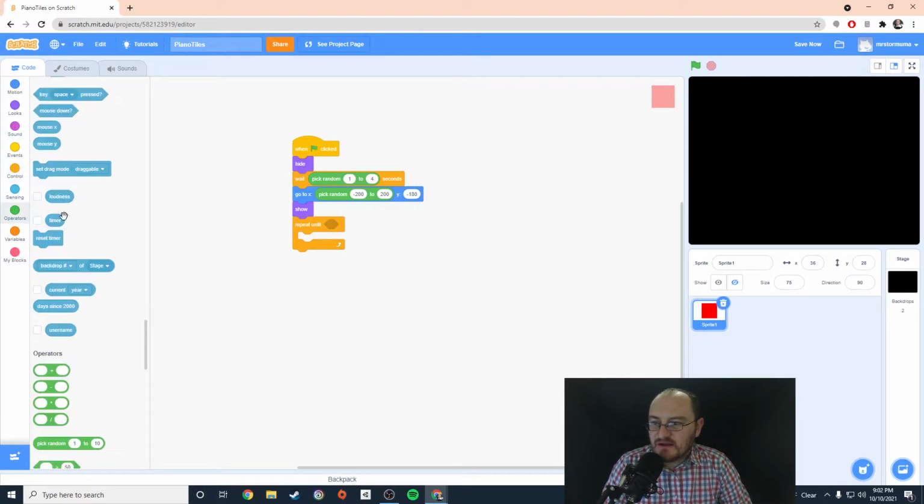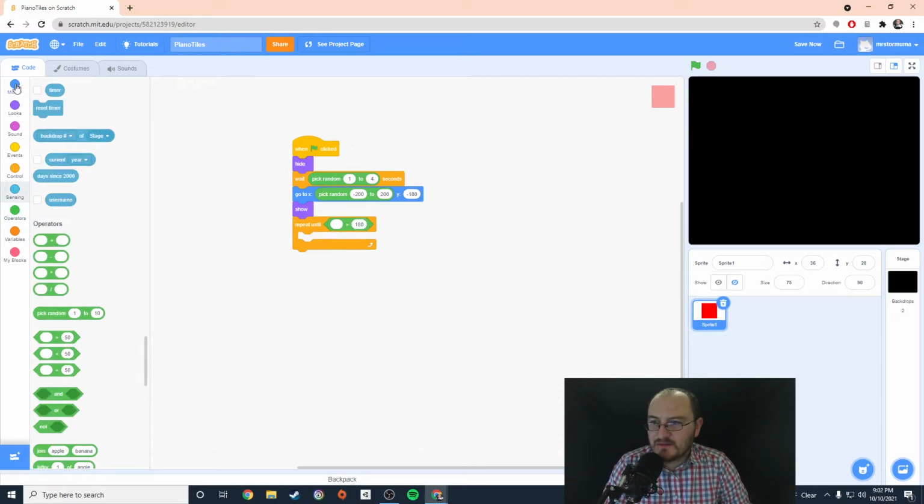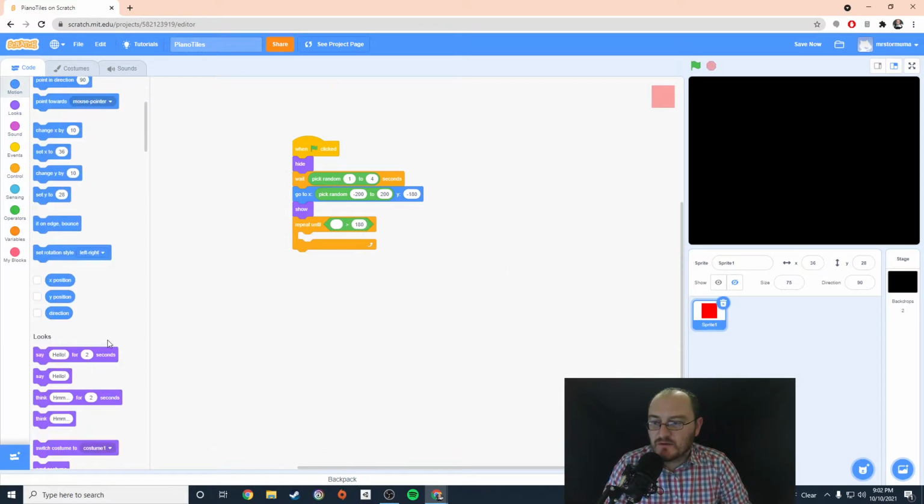So let's see. When the Y position, we'll say is greater than, so that we can catch it if it slips past somehow. We'll say 180. And it's going to be the Y. So when the Y position is greater than 180, then we want to change Y by,